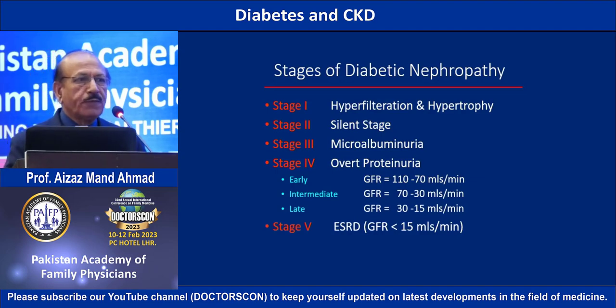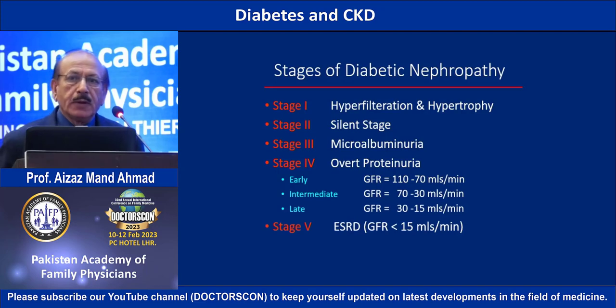The second stage of kidney disease due to diabetes is stage 2 nephropathy, which is called the silent stage. Over the years, the kidney function gradually goes back from supernormal to normal, and the kidney size, which was initially bigger, could now become normal. So this is called the silent stage. Then we have stage 3, which comes another 5 to 7 years down the road, when patients, if their glucose is not well controlled, go into